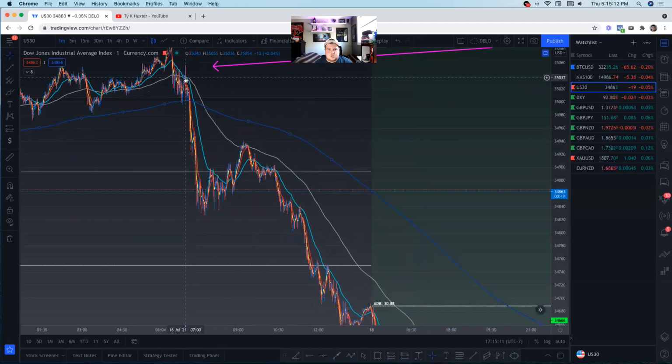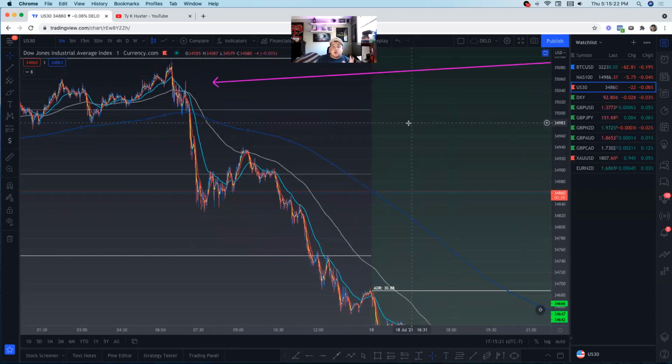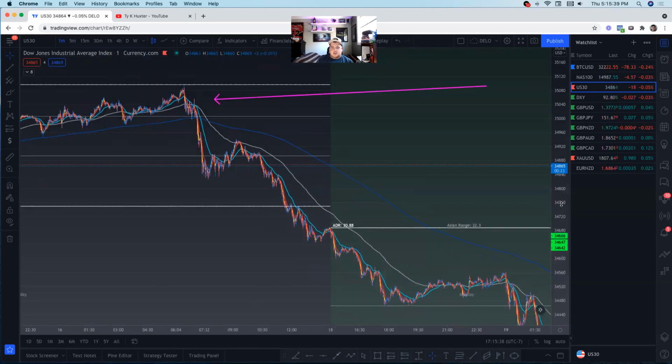When this goes off, and I'll show you how to set up an alert, that is a signal to you to enter the trade in whichever direction the cross goes. Like I said, this only works in the New York session and London session. Then you can hold that trade as long as you maintain a space between these lines and they don't cross again. So if we were to break that down here,